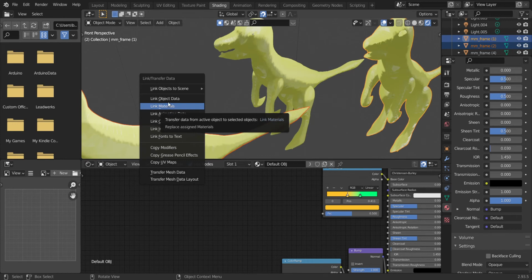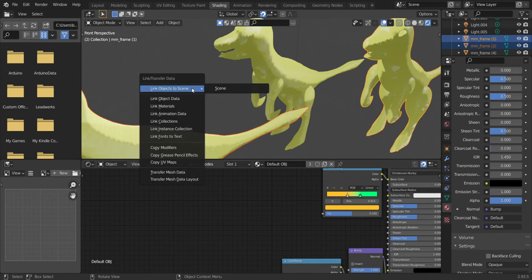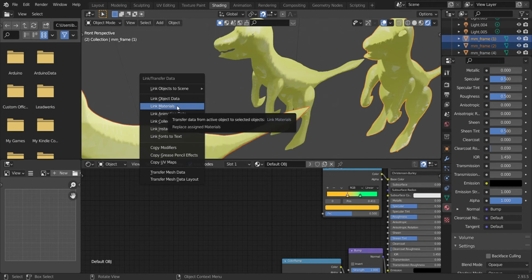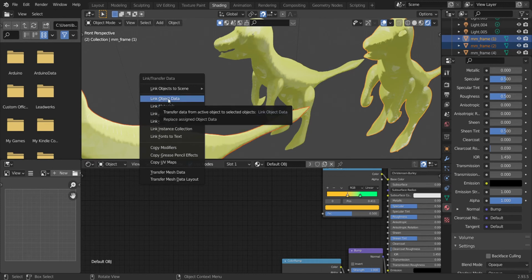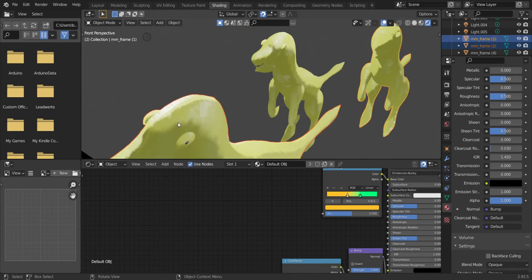So to transfer properties, if I wanted to transfer them, what I could do is, in the object mode, this is important, you should be in object mode, press CTRL plus L, get to this menu, and over here we have 2 of my favorite options: link object data and link materials. If I were to choose this link object data, then what's going to happen is that,